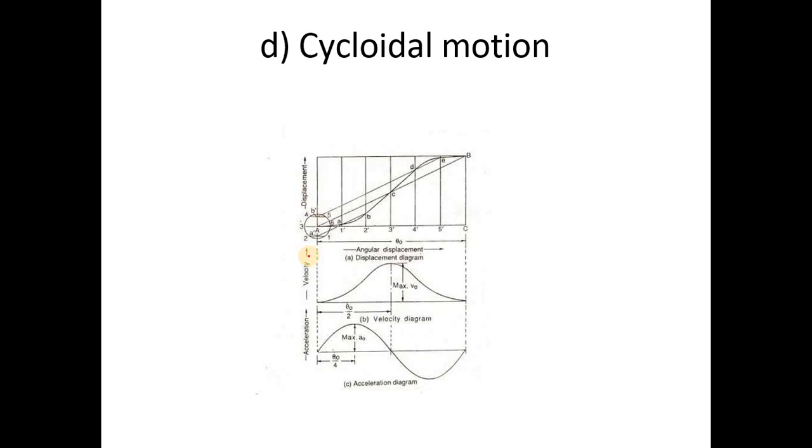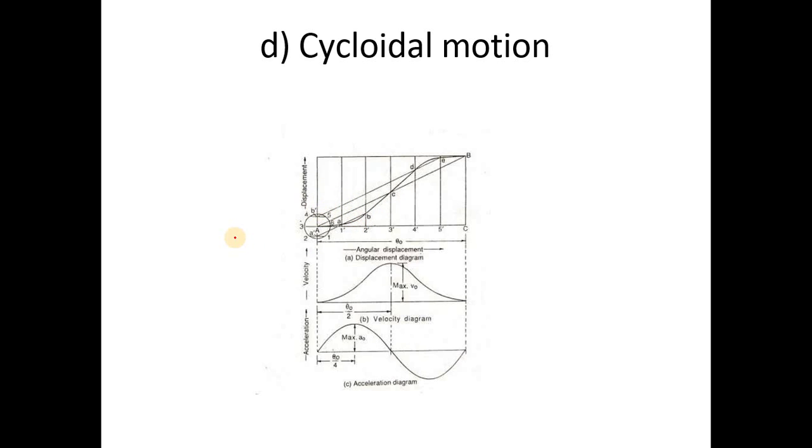Next, you have to divide this circle into any number of equal parts. Suppose 6 equal parts. Project these points horizontally on the vertical center line of the circle. Look at this vertical center line of the circle. These points are shown by A dash, B dash, C dash, etc.